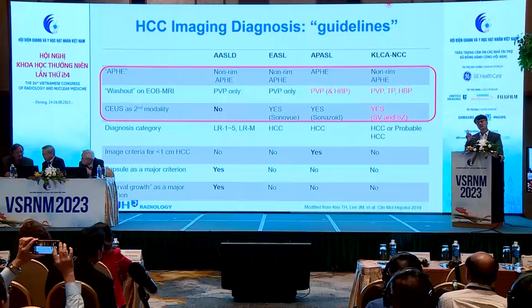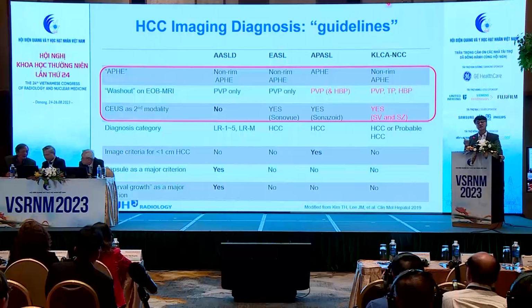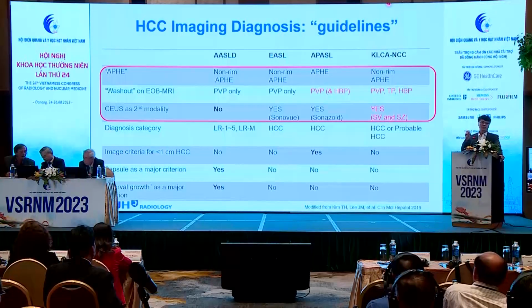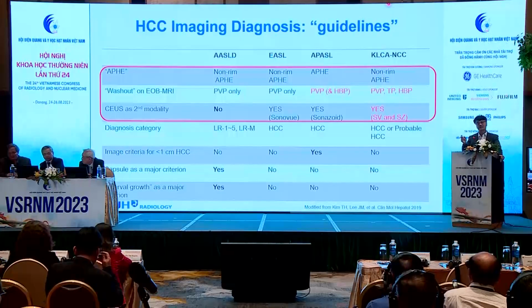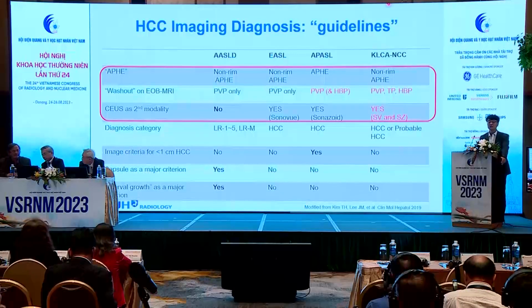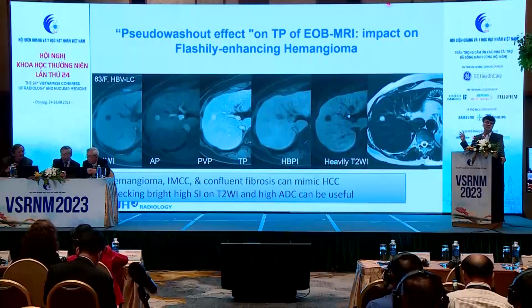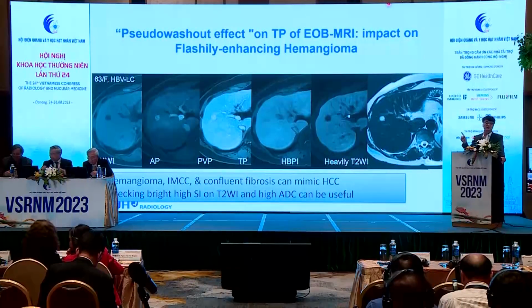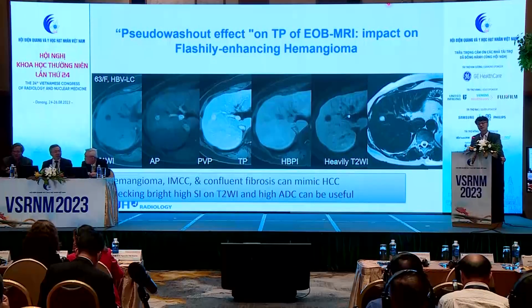But there are two conditions. One is we need to exclude the hemangioma. We need to exclude the cholangiocarcinoma. So once you can exclude the lesions showing T2 bright high signal intensity or rim Fe or targetoid appearance, we can use hepatobiliary hypoenhancement. So the major reason why Western society try to use portal washout rather than hepatobiliary hypoenhancement